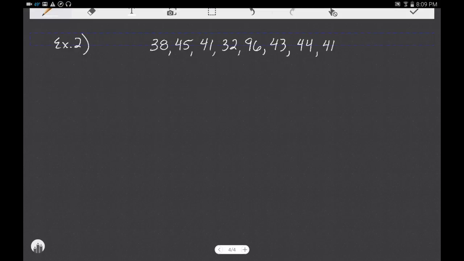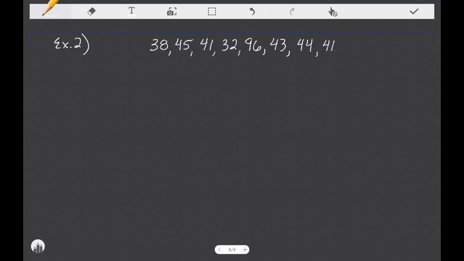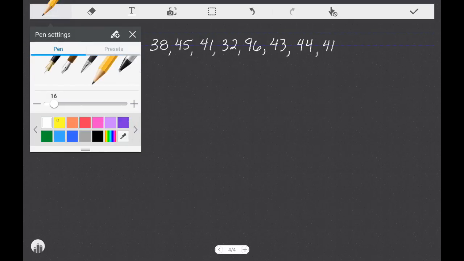Alright, 6th graders, what we have here is an example problem of just a bunch of data. We have 8 numbers here, and what we're going to do is make a box plot from this data. So the very first step we do is always